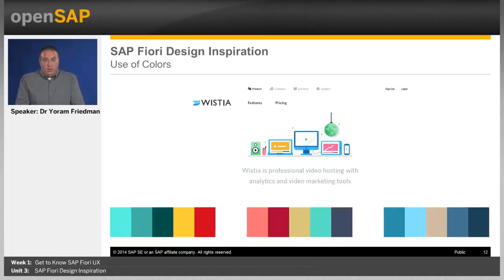Colors are very, very important, but we need to be careful when we are using colors. We don't want to use neon colors. We don't want to use bright colors. We want to use candy colors. We want to use simple colors. Now, one thing to remember about SAP applications